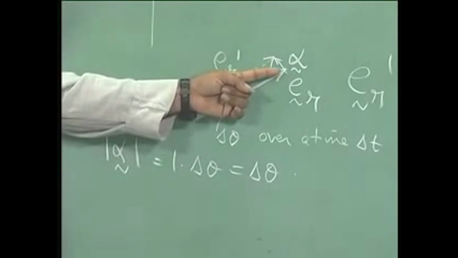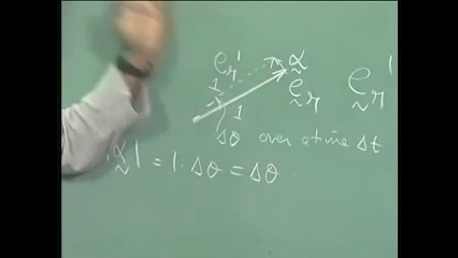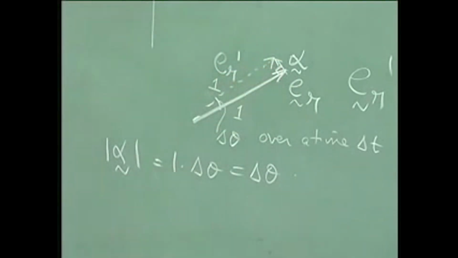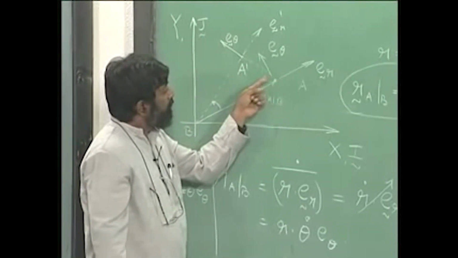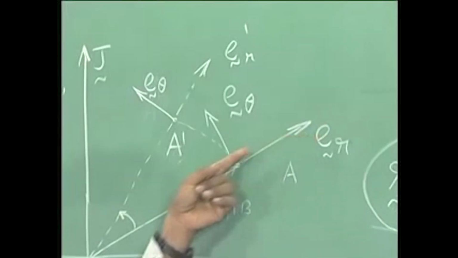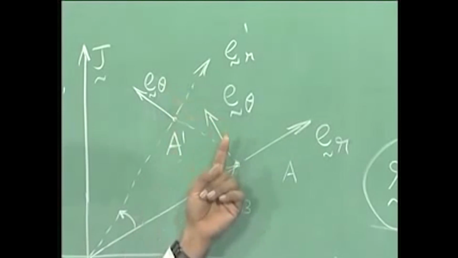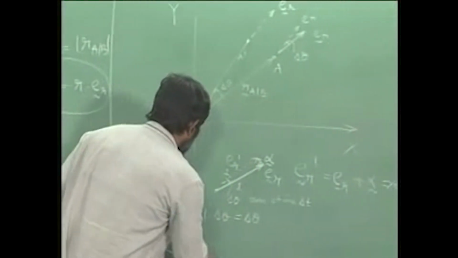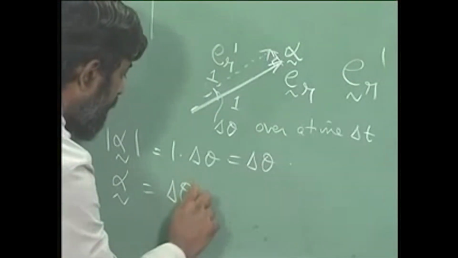Remember, this is along the tangential direction to the sweep that occurs, okay, and therefore this is perpendicular to ER. If you go back to this, what is the direction vector that is perpendicular to ER? That is the unit vector E theta, okay, and therefore alpha can now be written as delta theta times E theta,